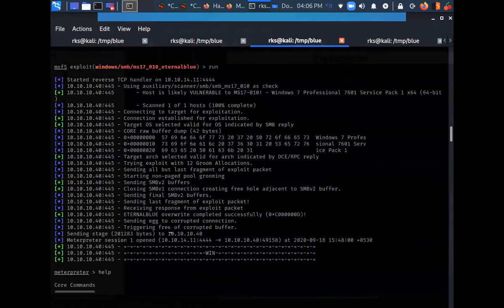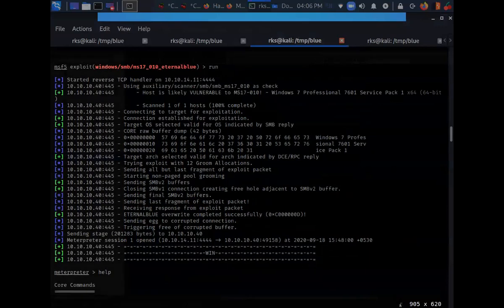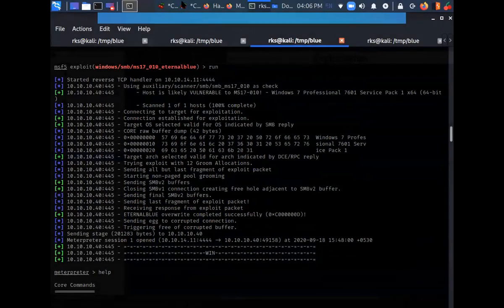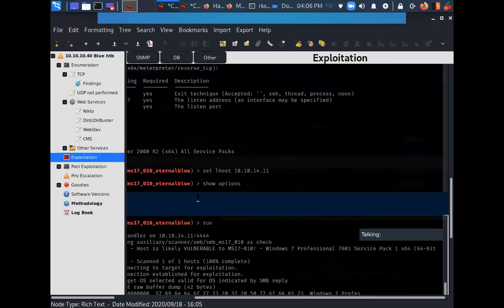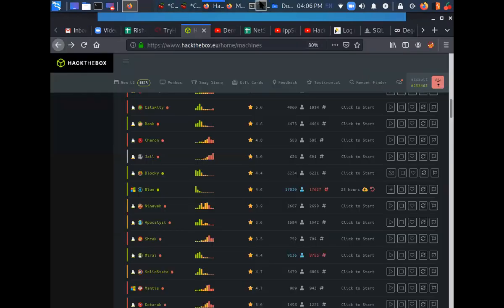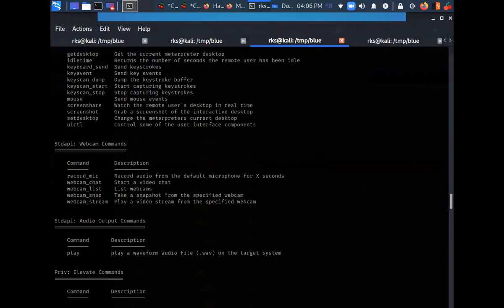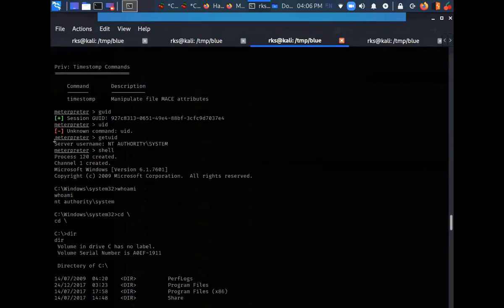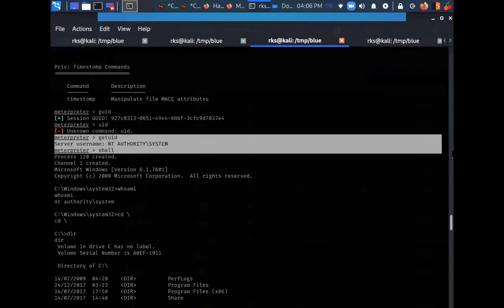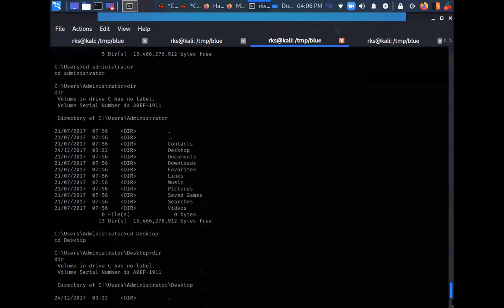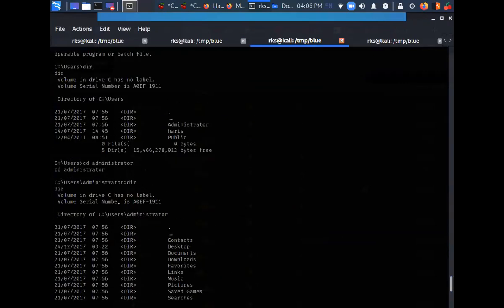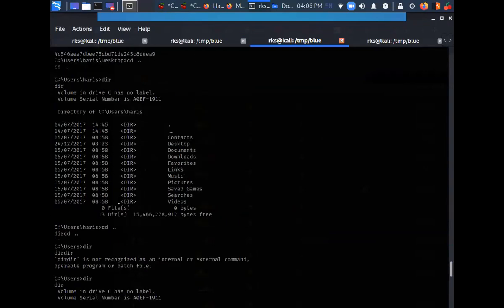And then I clicked on run. Shell opened here, and then at last I need to take a note of the user that I am here. So I can just do a whoami screenshot here.